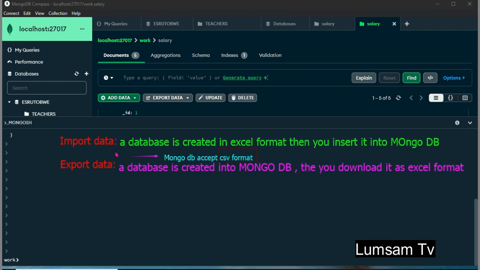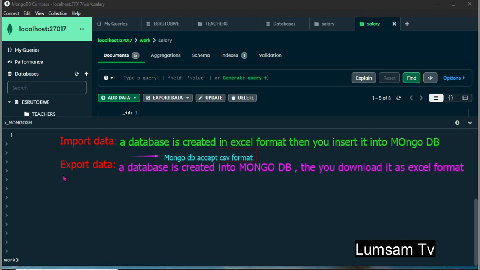Import data: the database is created in Excel format, then you insert it into Mongo database. So you have to change your Excel format into CSV format so that Mongo can accept it.